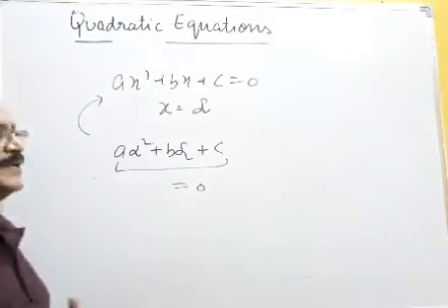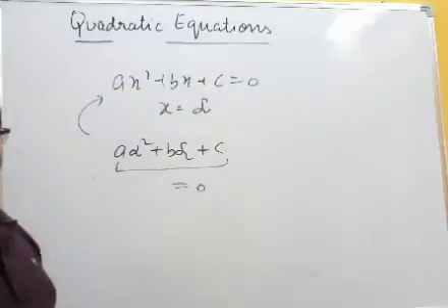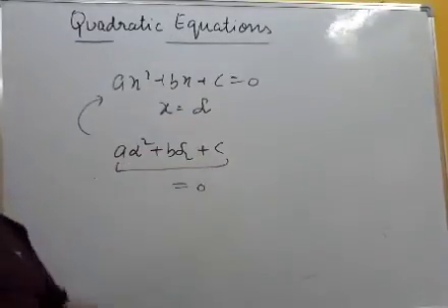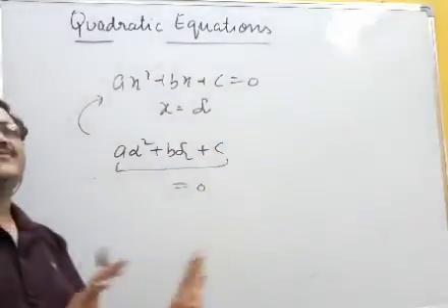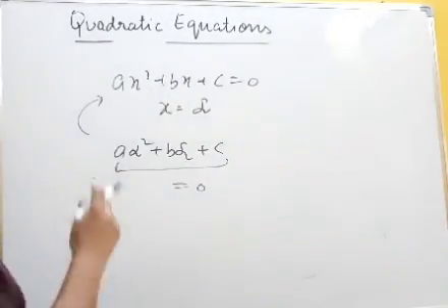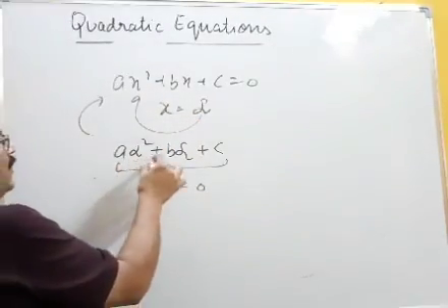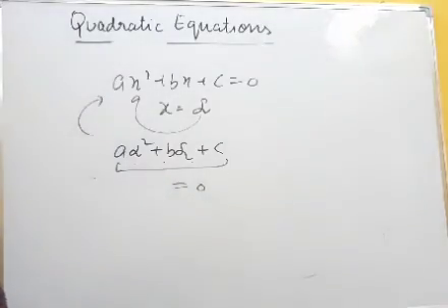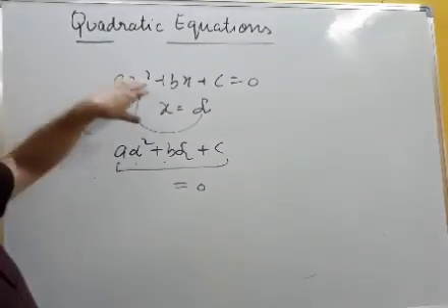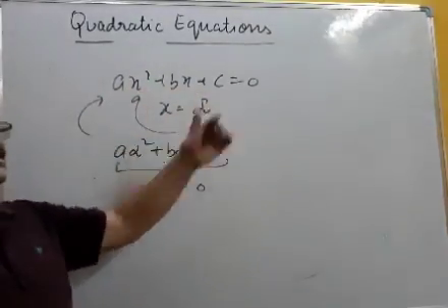Again I am repeating, maybe I spoke too fast. Ax square plus bx plus c equal to 0 is the quadratic equation. X equal to alpha is coming after solution. How we can solve this will come next. But first I am discussing what is the meaning of root and solution. If I substitute this value in x, a alpha square plus b alpha plus c equal to 0, and if I solve this, I will get 0. So this will satisfy the given equation ax square plus bx plus c equal to 0. When I substitute alpha, it is coming 0. I can say that alpha